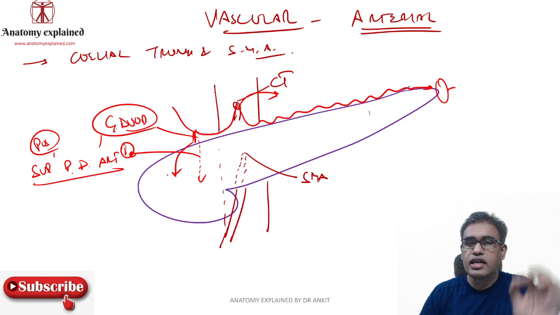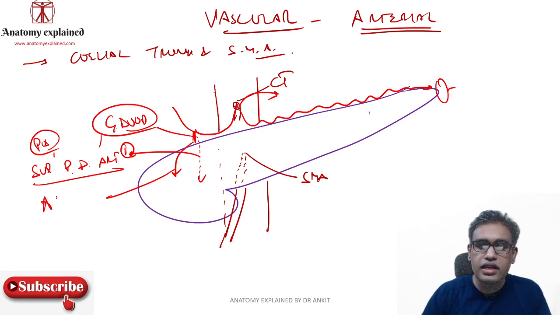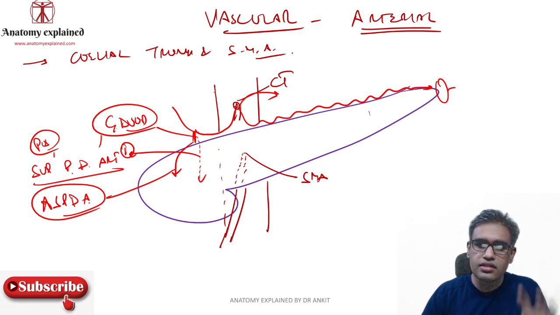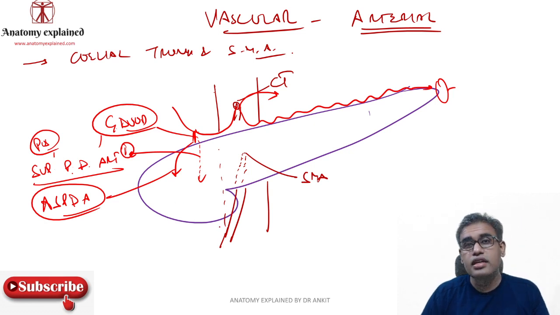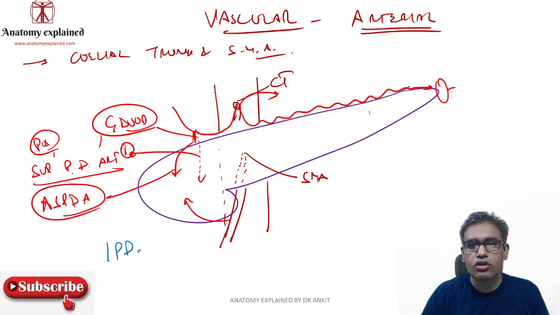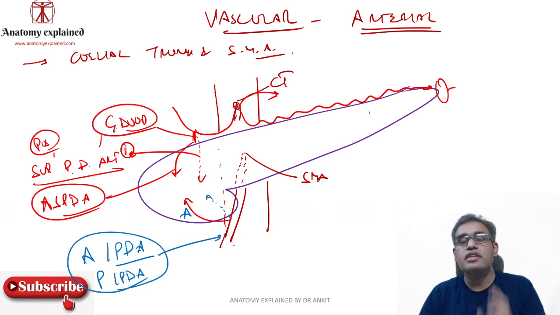And then as the gastroduodenal artery goes more inferiorly, it will give off the anterior superior pancreaticoduodenal artery. A long abbreviation, but that is the anterior superior pancreaticoduodenal artery. These both go anterior and posterior to the head of the pancreas. Same from here, the superior mesenteric artery will give off the inferior pancreaticoduodenal artery. But again, one anterior and one going behind, posterior. So anterior and posterior inferior, they are coming from the superior mesenteric artery.